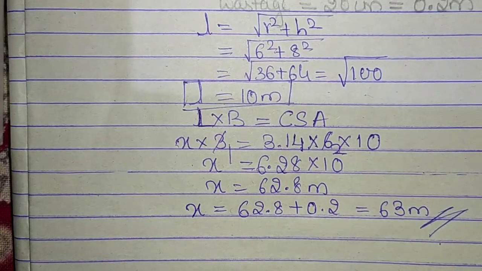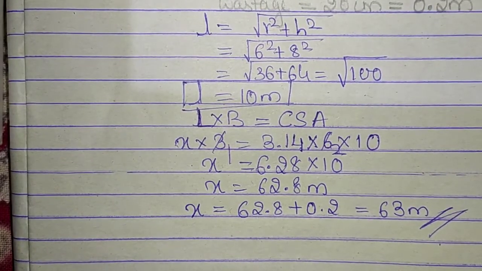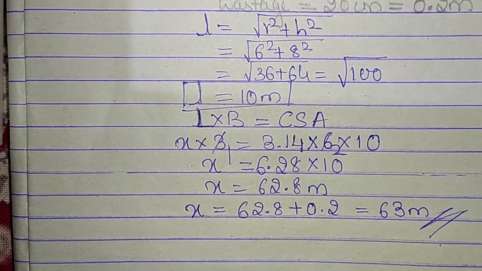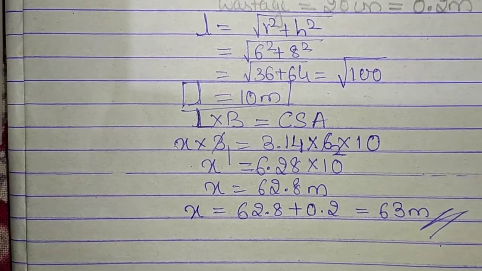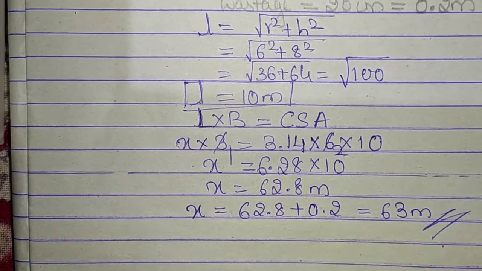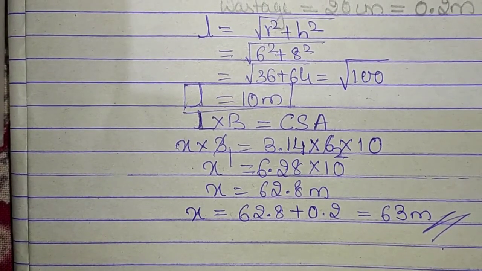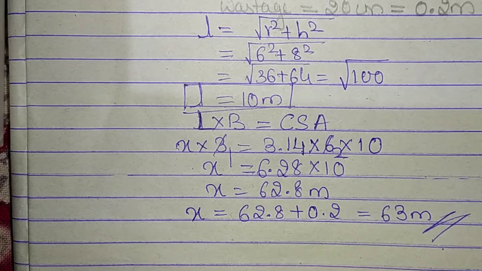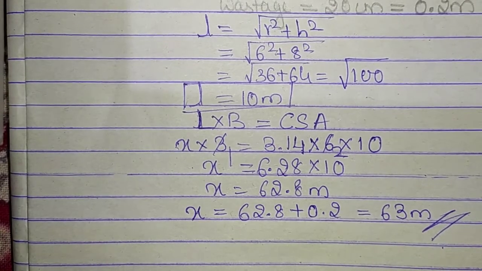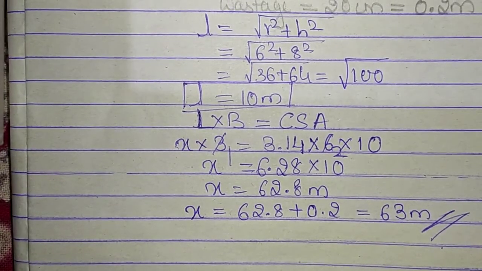So this is the length of the tarpaulin required to build a tent of the given dimensions. Now going on to the sixth question. The slant height and base diameter of a conical tomb are 25 meter and 14 meter respectively. Find the cost of whitewashing its curved surface area at the rate of 210 per 100 meters square. I am going to leave this question to you as your homework and directly move on to the seventh question